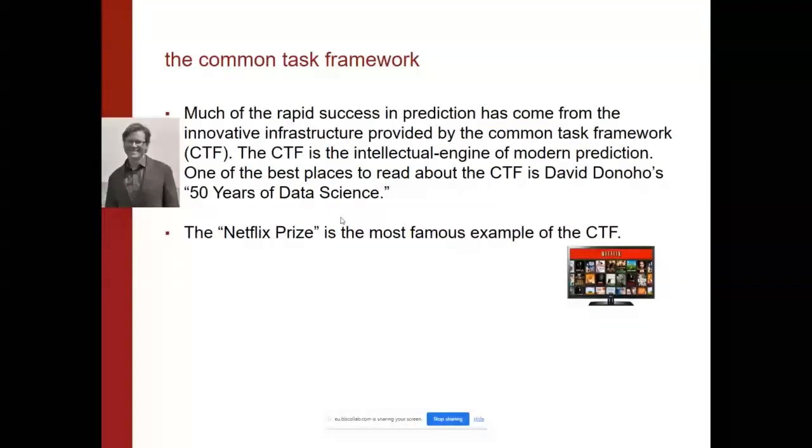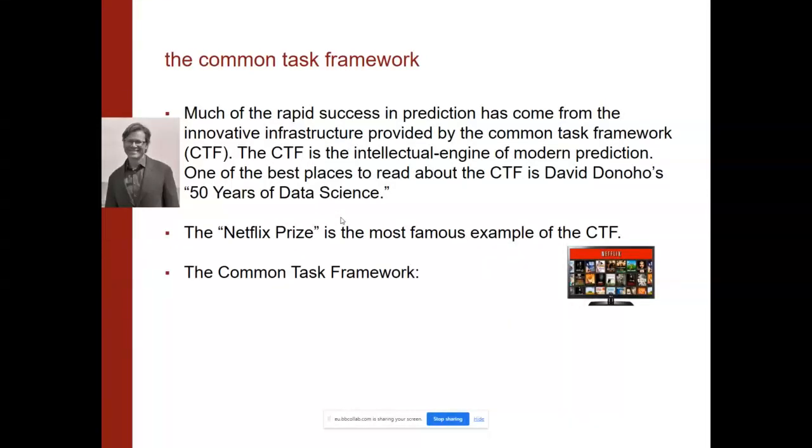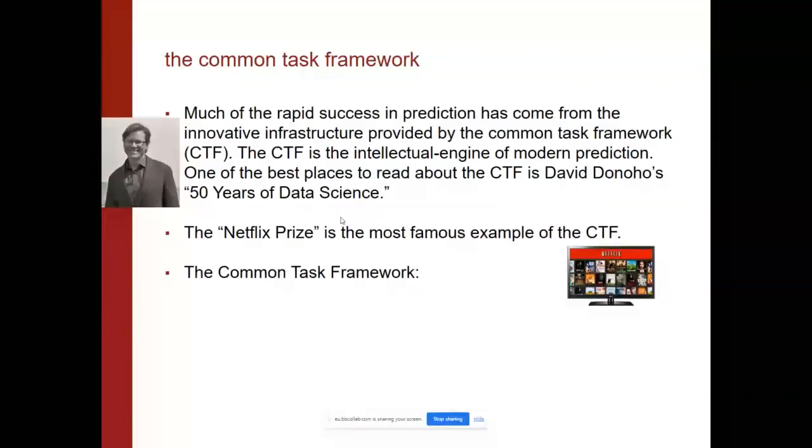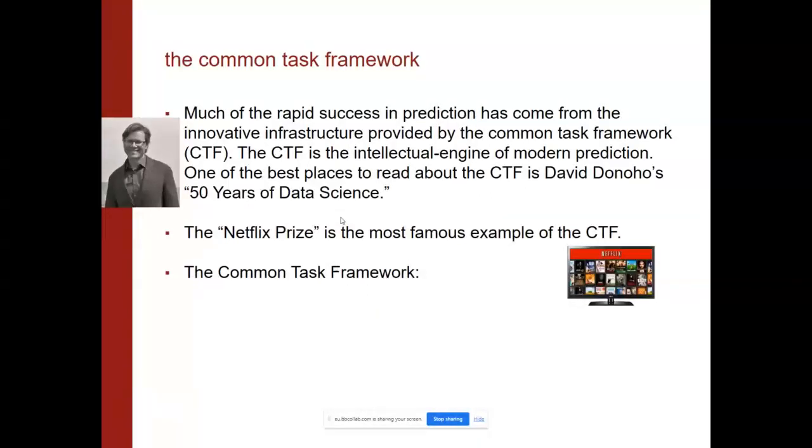It's a common task framework that was run in 2009. It was a relaxation of the original common task framework, but shared a lot of the properties of the original. Also, Kaggle competitions, things like that, often tend to look a lot like a common task framework. Again, they all tend to be relaxations. So the common task framework starts with a curated data set. It's available to everybody, so everybody's working with the same data set and it's fixed.